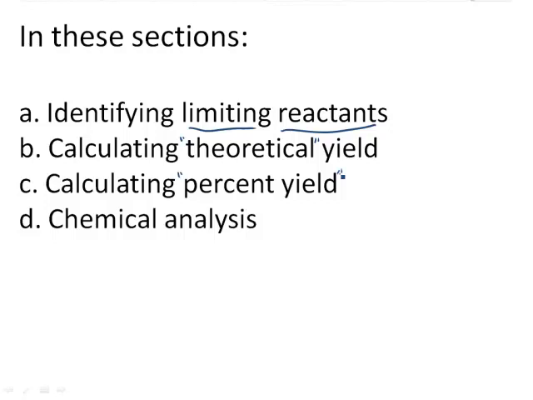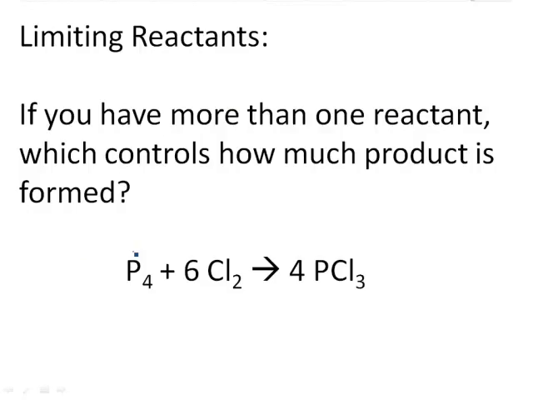And finally, we're going to talk about the use of chemical stoichiometry to do chemical analysis, to find out how much of one thing is in a sample. So we'll start with limiting reactants and talk about the idea. The whole idea of limiting reactants is that most reactions have more than one reactant. And when that's true, if you want to know how much product you're going to make from a reaction, you need to determine which of the two reactants is going to control how much product you're